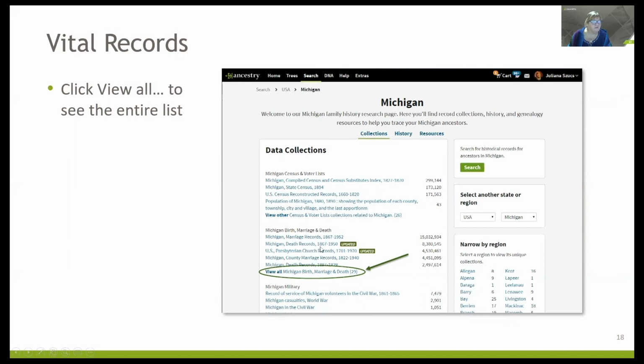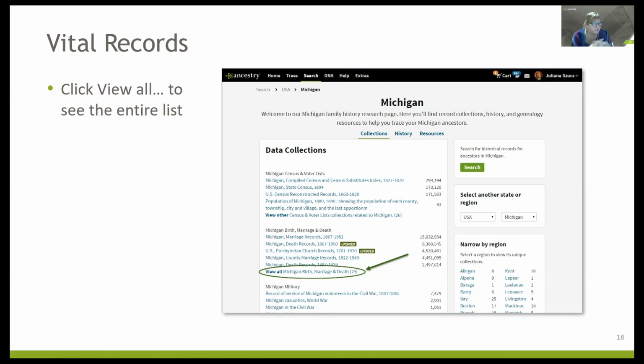And the other thing I really like to use this page for too is to kind of brainstorm. If I'm looking at a research problem and I don't know what we have that could help me solve this problem, this is a great way to go through and browse the relevant collections that you think might help you with your research question. And then when you go through, you could see some of the things like, oh, I never knew this collection was there.